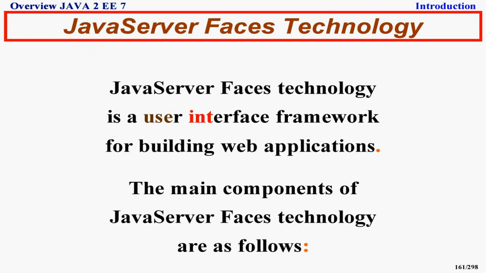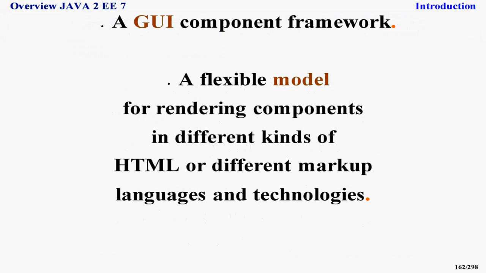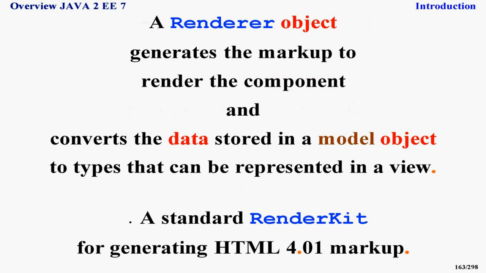The main components of Java Server Faces technology are as follows: a GUI component framework, a flexible model for rendering components in different kinds of HTML or different markup languages and technologies. A renderer object generates the markup to render the component and converts the data stored in a model object to types that can be represented in a view. A standard render kit for generating